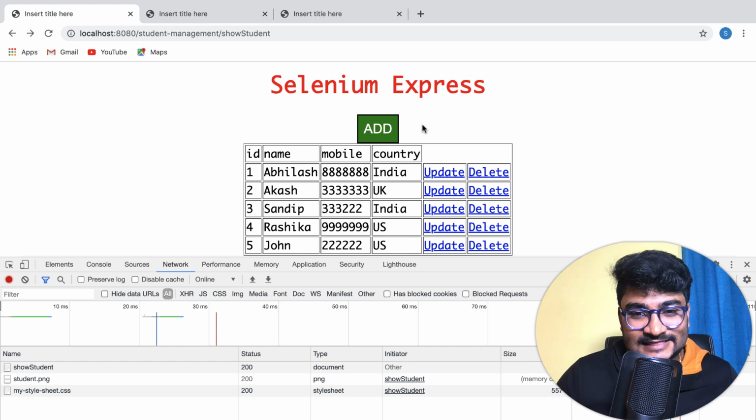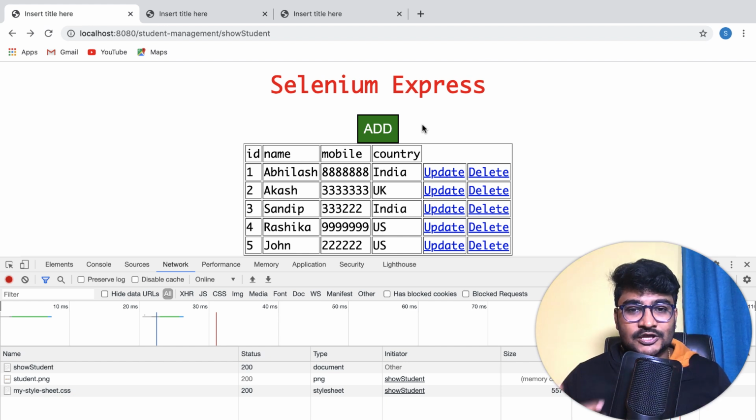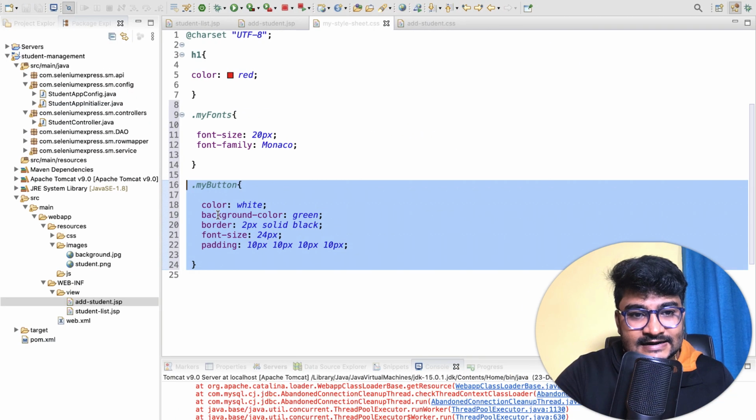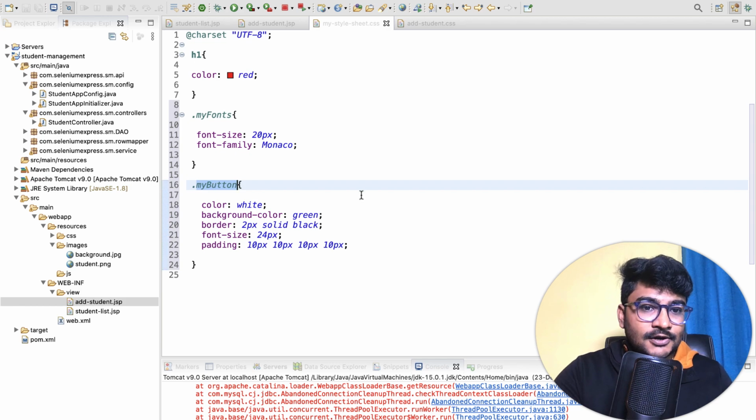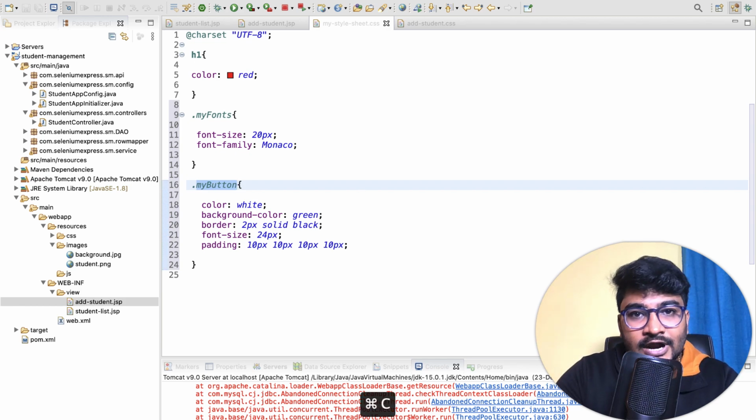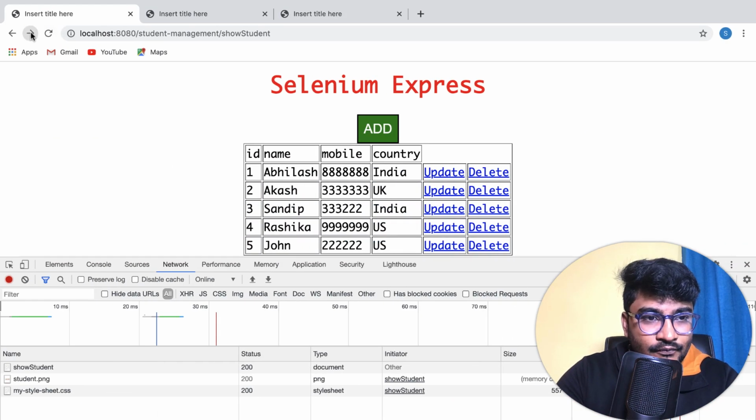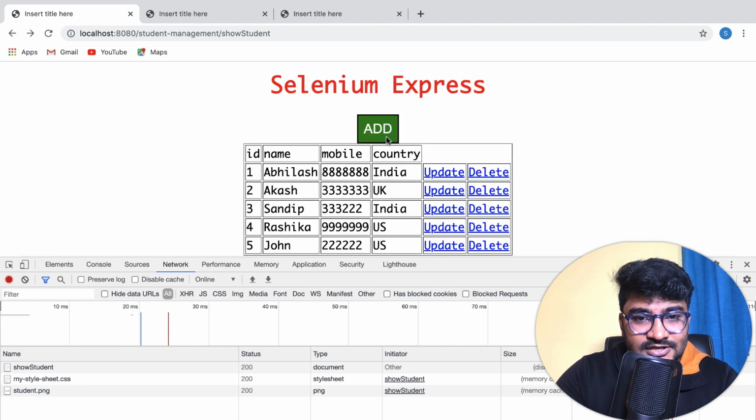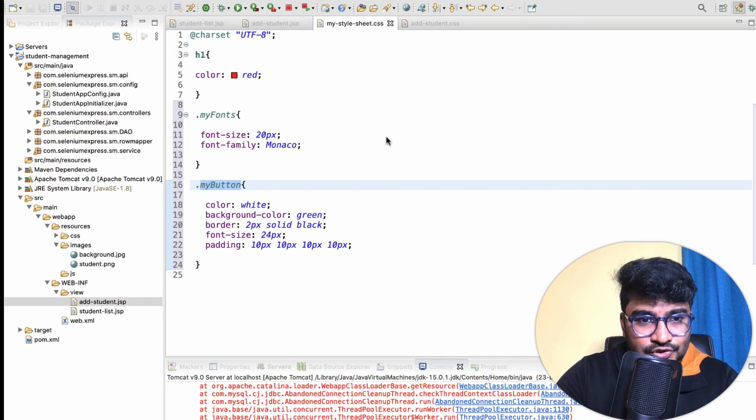I'm not a CSS expert. I'm just trying different things here, and just want to make you understand about the CSS classes, because that's how we have created a different CSS class here called my button, and wherever we want we can link it. Let's say if I want to change this submit button to look like this, so what I can do, I can go back to the other